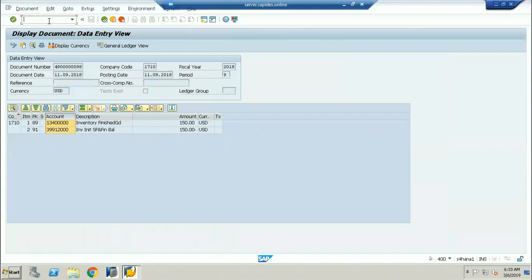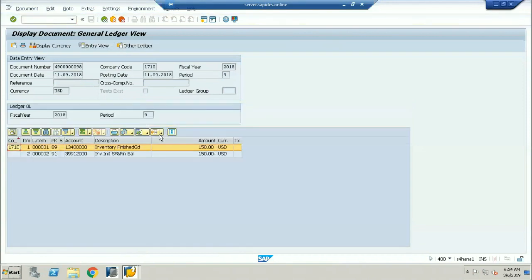One second. So inventory of finished goods is debit, and inventory of initial balance is credit, right? Exactly, you can see here. I'll take you through. That is the inventory account. It was supposed to be debited, right? The 3991/2000.